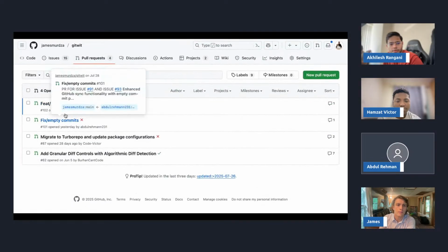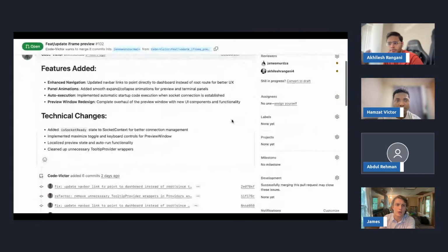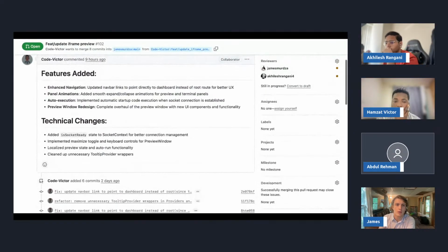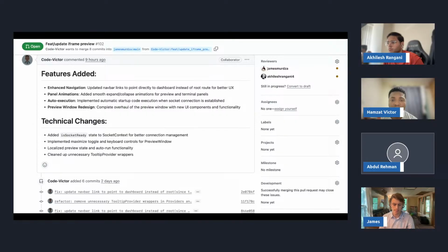Okay, this one, Victor. Okay, Victor, you want to explain this one? Yeah. So let's try to improve the user experience and the way the preview of the sandbox, the code, looks. So basically now you have really nice organization of where the icons should be, and the functionality is well known. For now we have a tooltip that shows you what each button is for. Because at the time when I first saw the buttons, I didn't know what they were for. For instance, I didn't know what was going to be moved or collapsed on those. So I added tooltips.